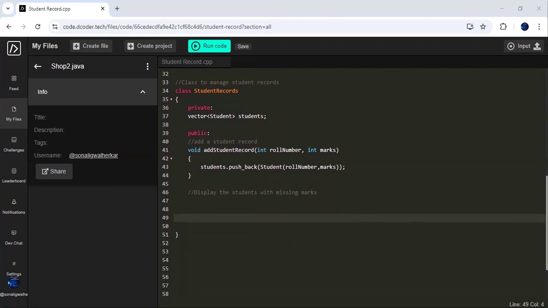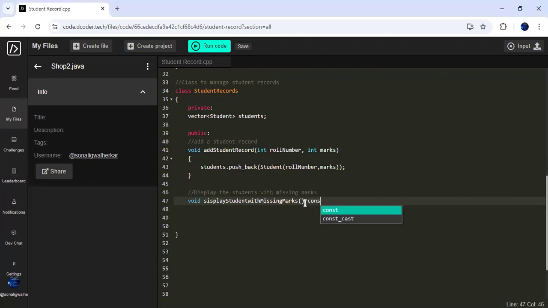So now we'll write here a function void display student with missing marks. Now here we need to make it as const,